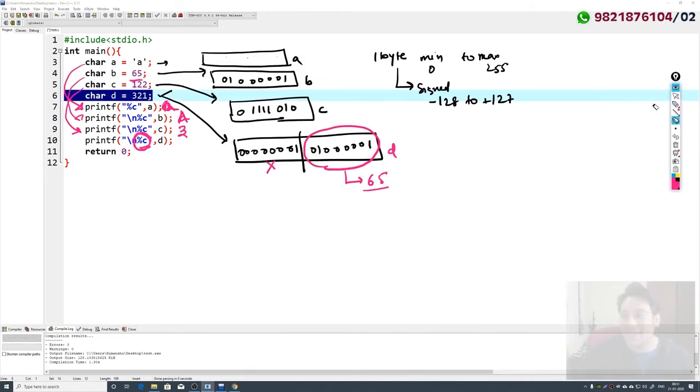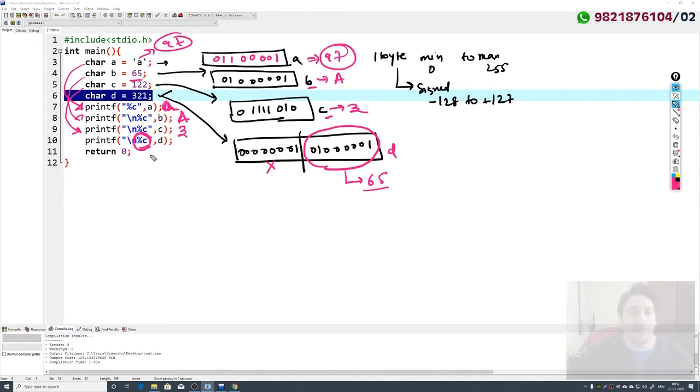So this A is basically small a. Here we are storing the value 97, because small a is represented by 97, and this B is representing the value 65. 65 means it is capital A. ठीक है? तो अगर मैं small a की बात करूँगा, how does this 97 get stored in the memory? हम 97 को कैसे store करेंगे? So there is going to be 1 1 0 0 0 0 1, and this is 1 2 3 4 5 6 7 8, right? So this is how 97 will be stored, and this is how B will be stored, which is the value 65. This is how C will be stored, which is the value small z, and this is how D will be stored. But for D we need 2 bytes.